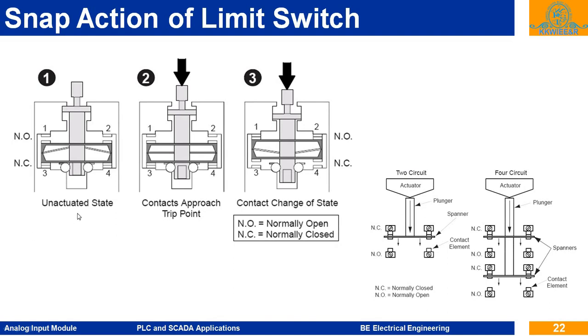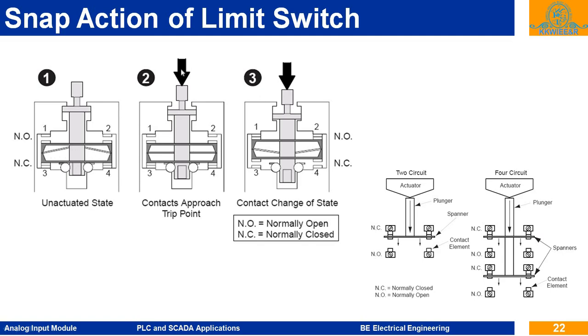Now how will this actuator transfer the force on the element, or how will these contacts change their position? So 1, 2 are fixed poles, and 3, 4 are fixed poles. This is the moving strip, or throw, and on this throw there is a conducting plate. This is a spring.